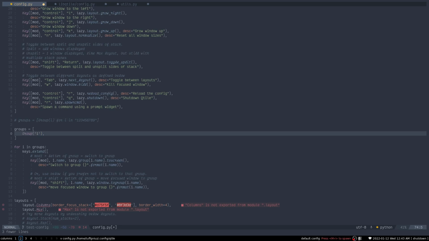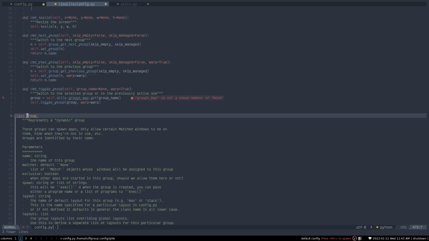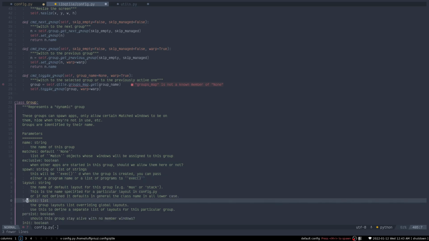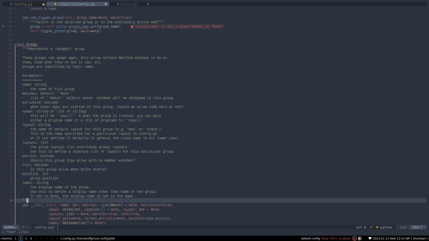Let's take a look at what kind of things we can add right here. So let me jump to the definition of our group object. And here you can see the arguments that we can give to our group class. So the first thing is the name, as I already showed you. We can also assign certain applications or windows to a group. We can also take a look at the default layout that we can assign to a group, and also